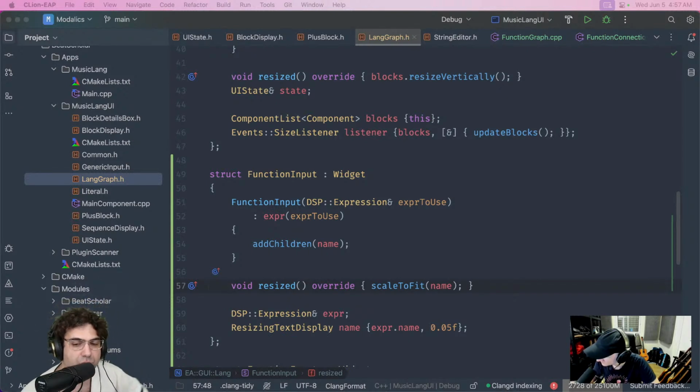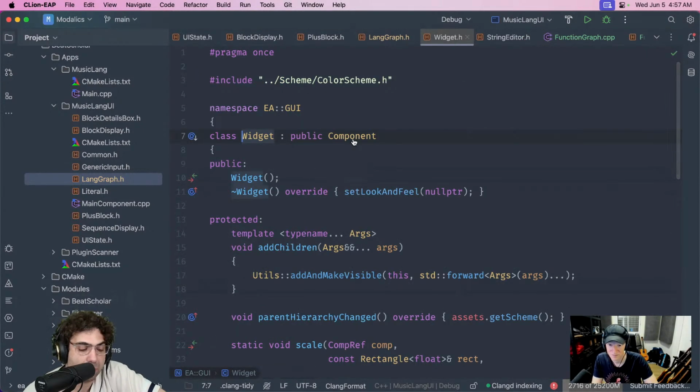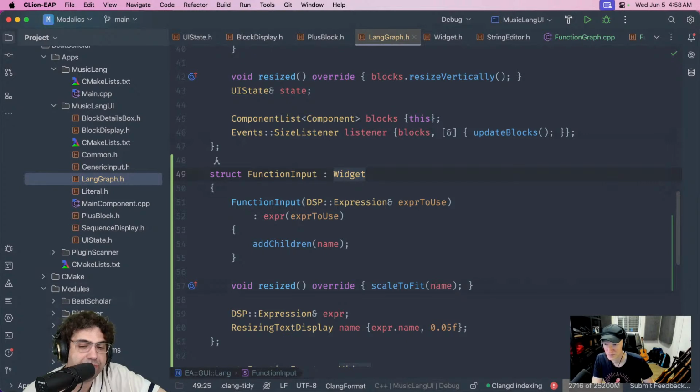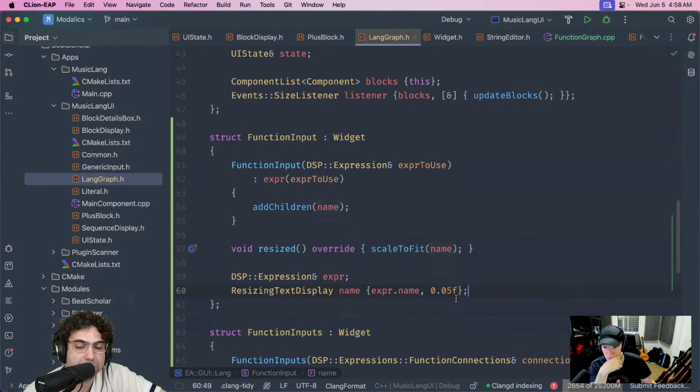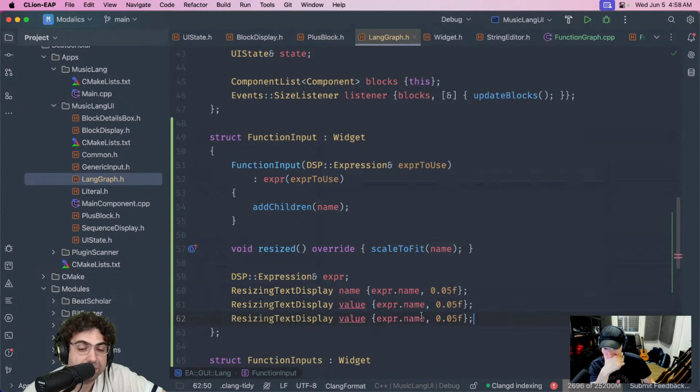Yeah. So just to give you a very big example, this thing called widget. This thing is very boring. It inherits from a Juice component, right? But it adds a bunch of things that I like to do. For example, in Juice, let's say that I would have multiple text boxes here, like name, and let's say I have some other random value, right? Maybe I'll have, I don't know, title, right? I would have multiple things on screen, not just one.